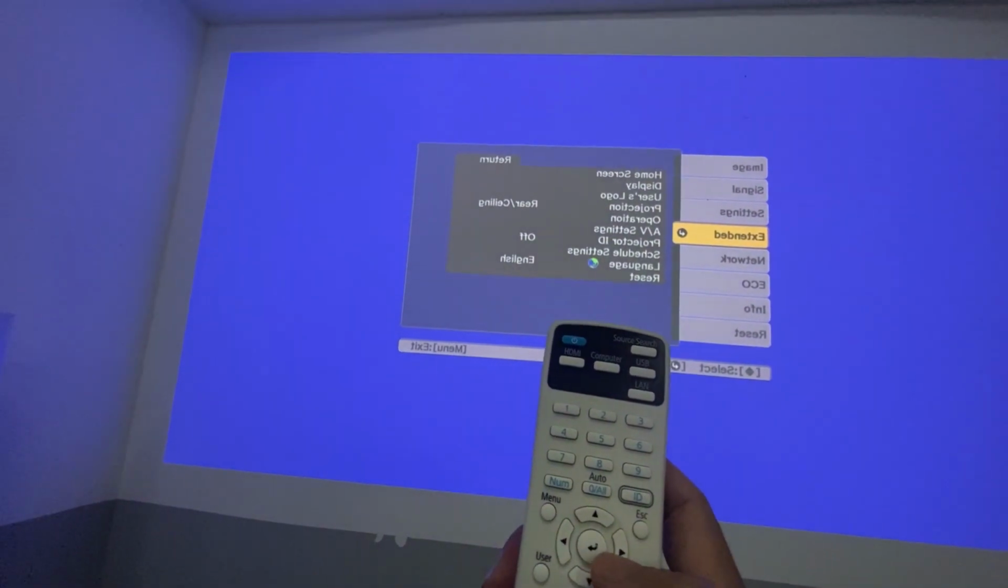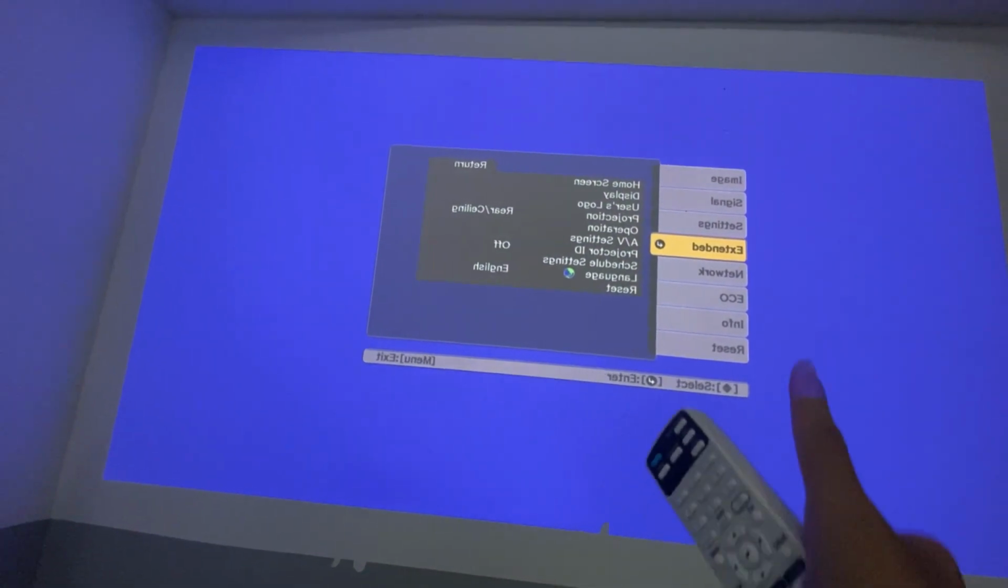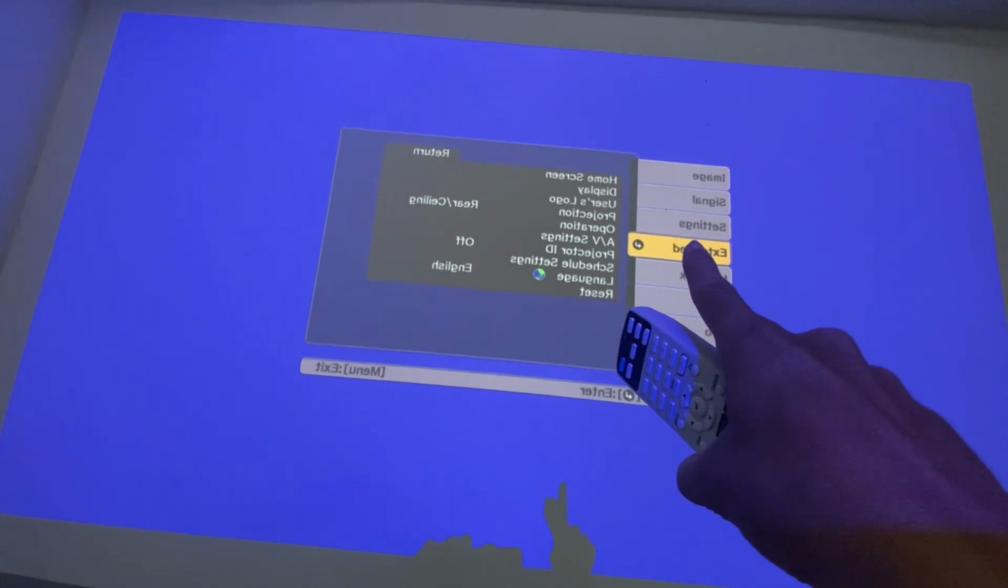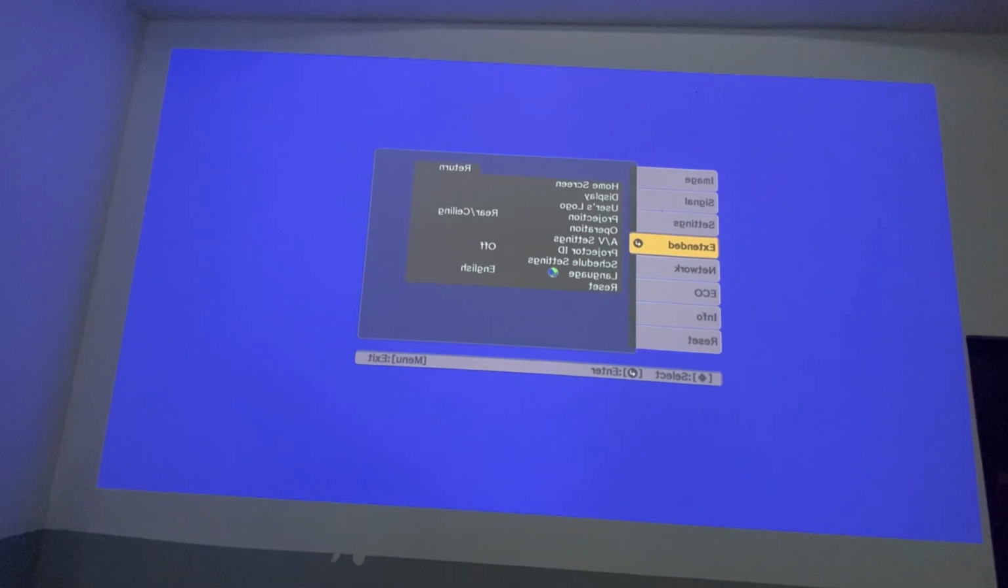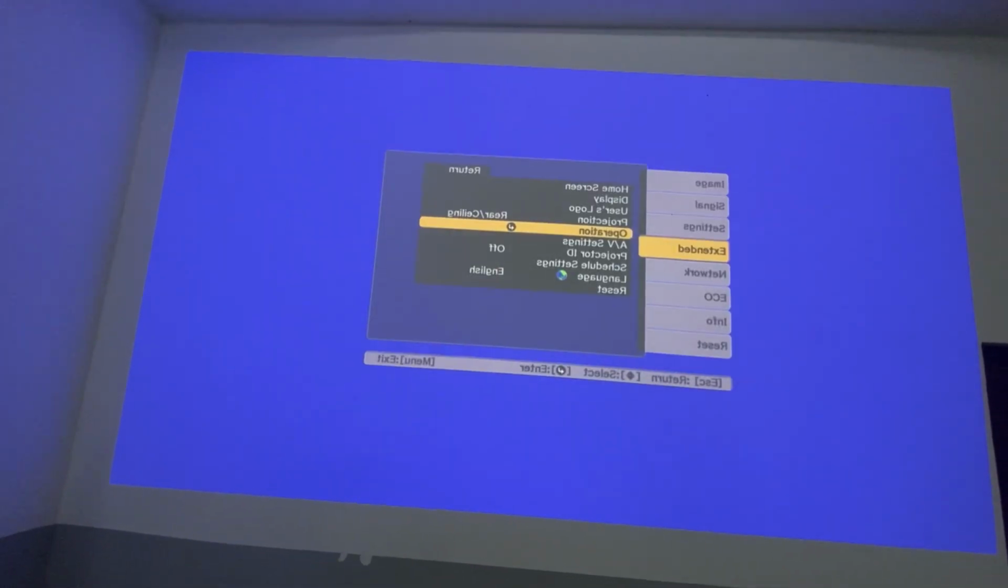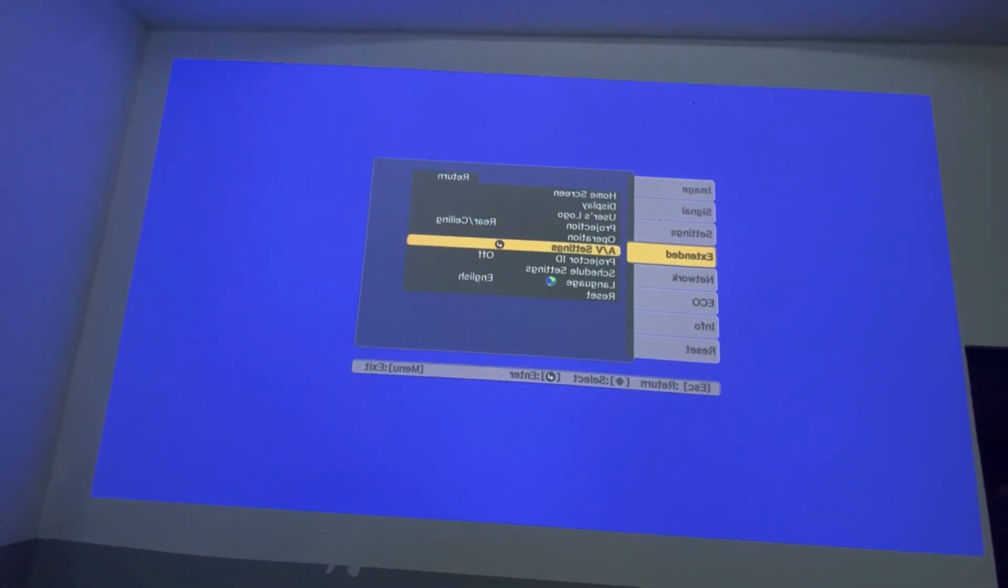After that, you select on Extended. Here it's Extended, yes, and press the arrow key to the left. After you select and press the arrow key to the left, and then you select on